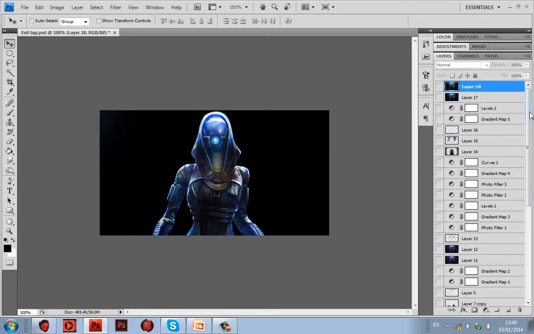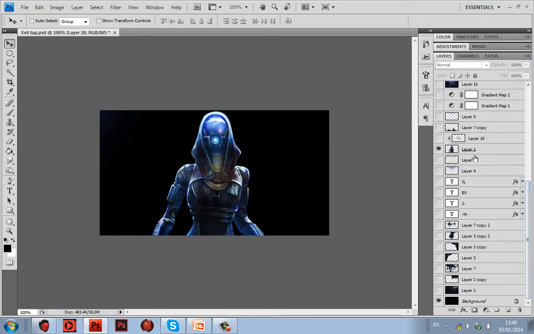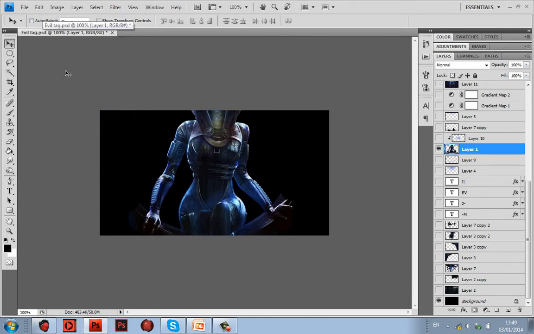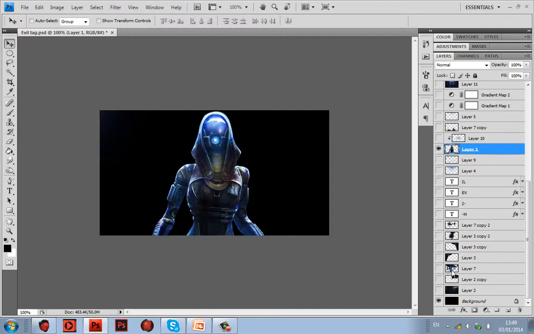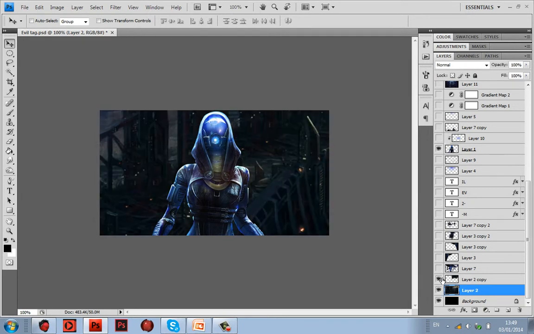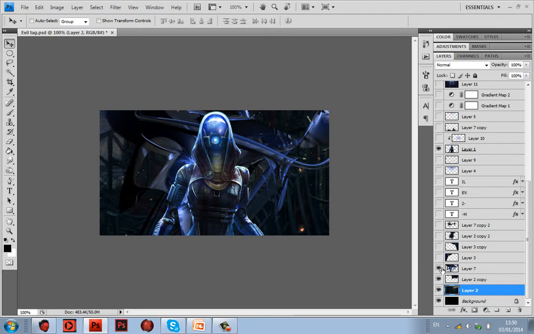Okay, let's start. So I started off with this render, a Mass Effect render, quite a nice one. The art tends to be quite good in general. I placed it sort of centrally because that's where I decided to place it. Then I took a wallpaper stock and placed it behind her. Took another piece of it again, put it behind her, erased parts, made it look slightly more blended in. Then I added a C4D and I changed the color of it,